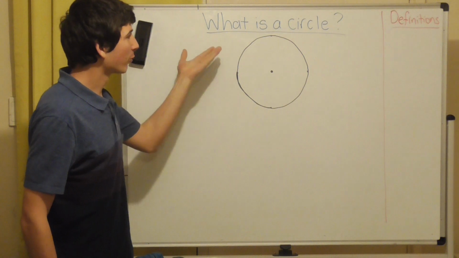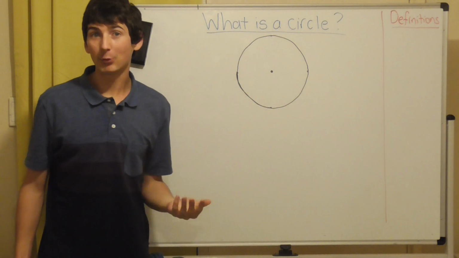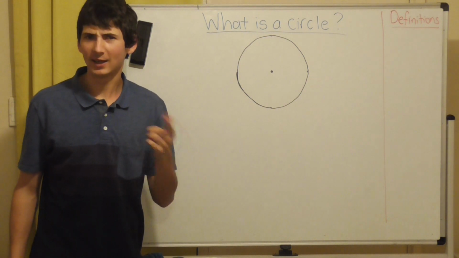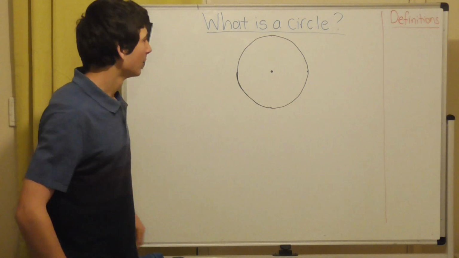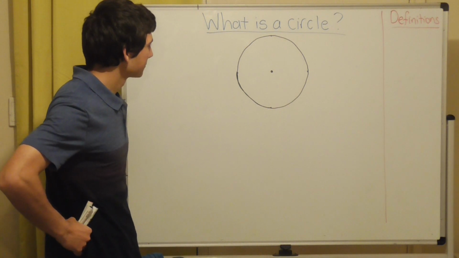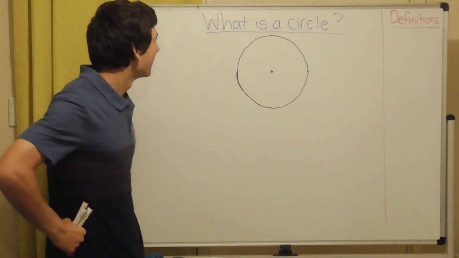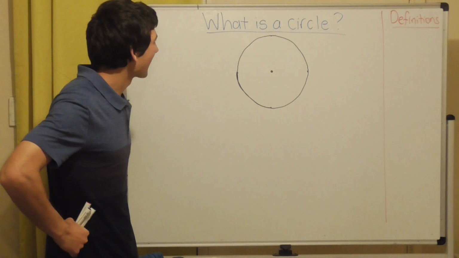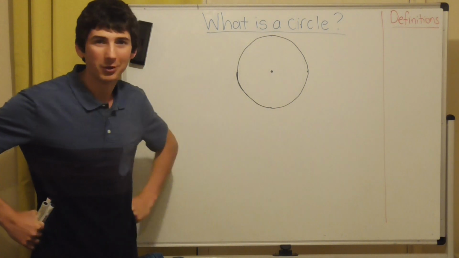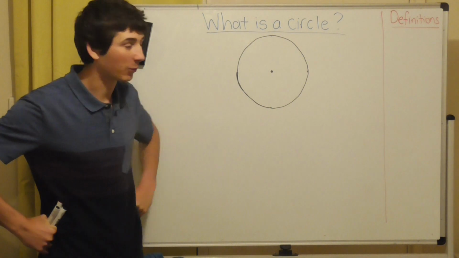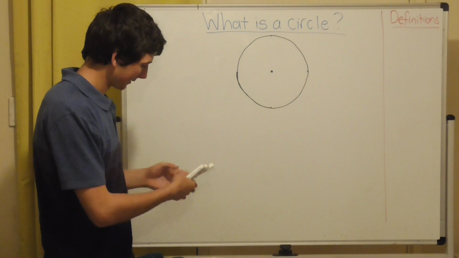So, we want to know what it is and how, if we see one, how do we know that it is a circle? Well, this is like a circle, it's not a circle, but let's try and see if I could draw a perfect circle. How do we show that it is? Alright,